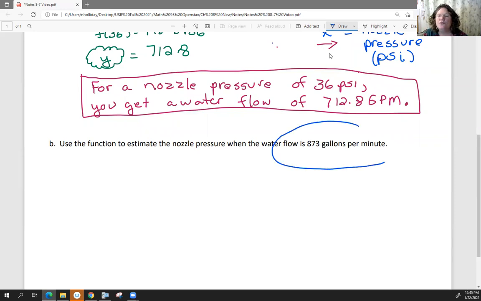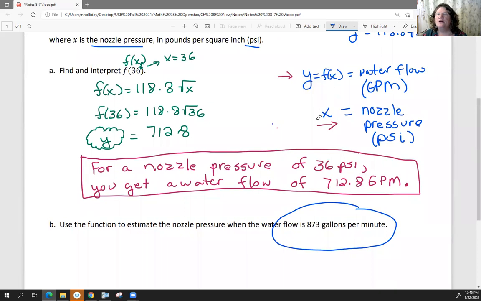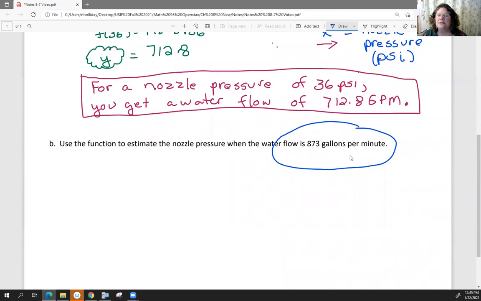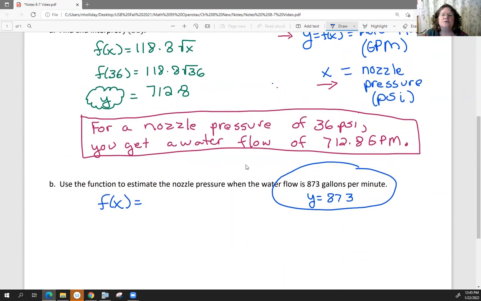All right, so they're giving me a water flow of 873 gallons per minute. So is that an x variable or a y variable? Well, you go back up here and you look at your definitions that we created for ourselves, and it's saying water flow, and water flow is y. So they gave us a y value here. So in this sentence, they're really talking to us and saying, let y equal 873. So we go back to our function, f of x equals